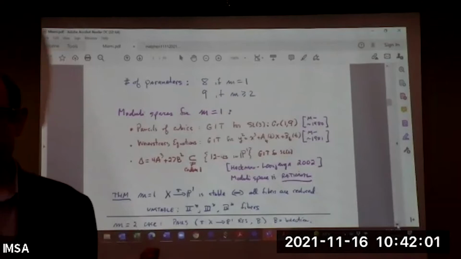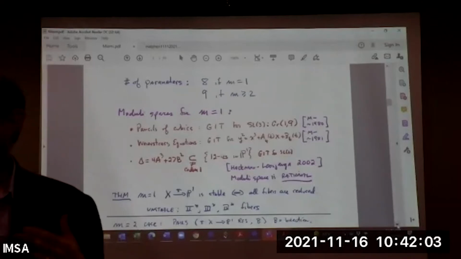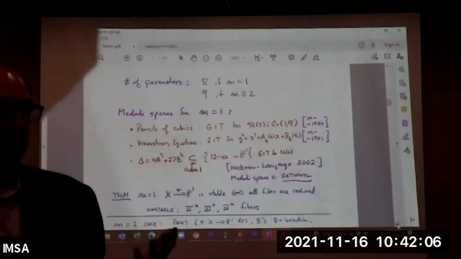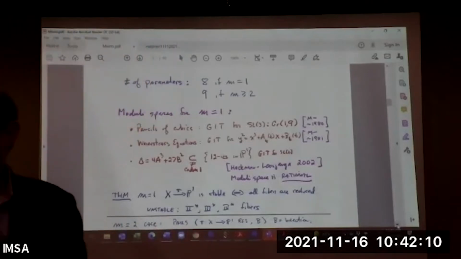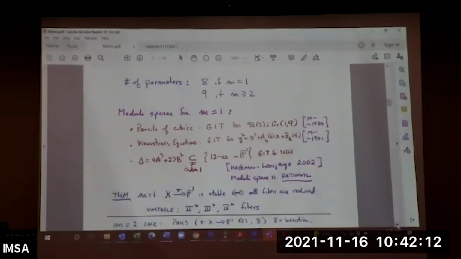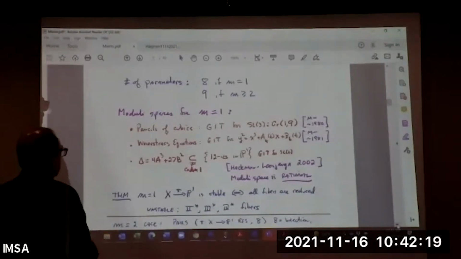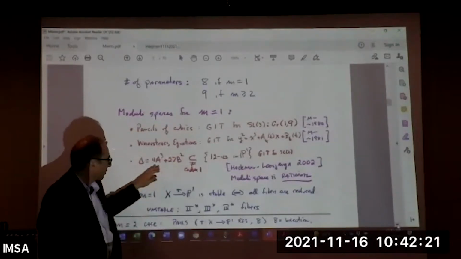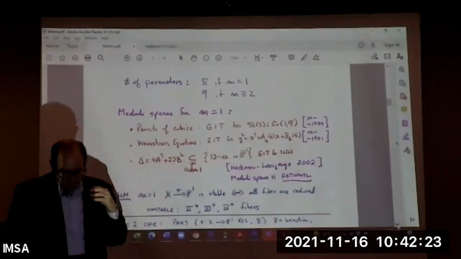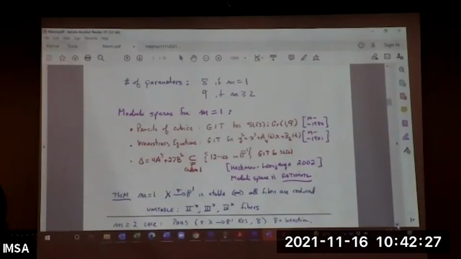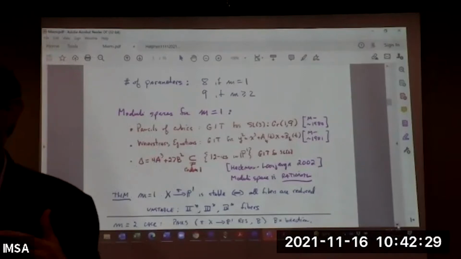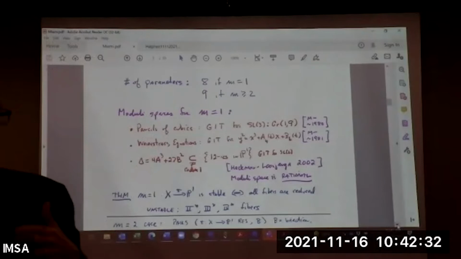Okay, there are 12 dimensions of polynomials of degree 12. You can only get 11 dimensions worth of them. There's an 11-dimensional family of polynomials of degree 12 that can be written as a cube plus a square. So this hypersurface in here, they took that approach of understanding the geometric invariant theory for divisors of degree 12 on P1